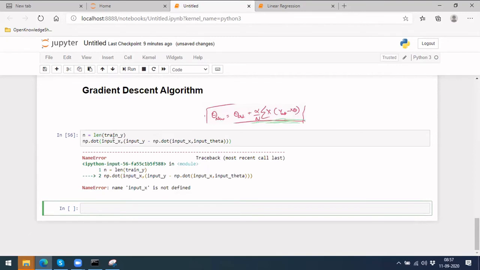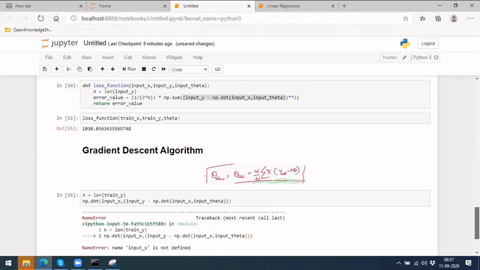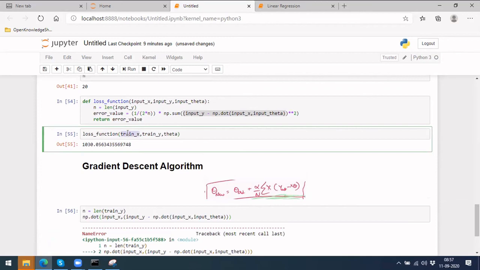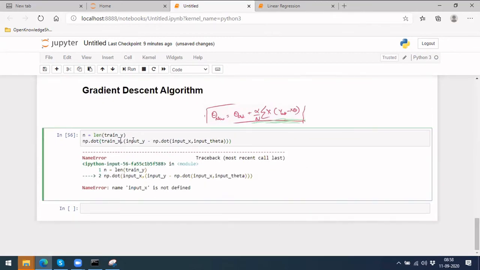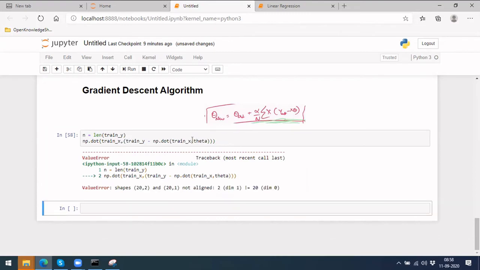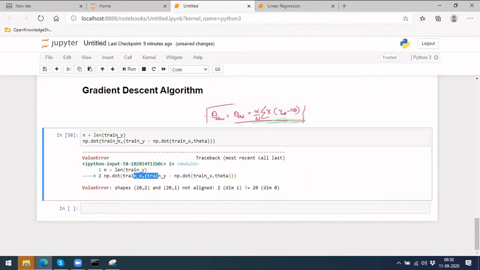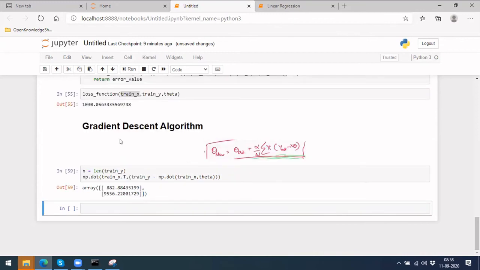Input x. We are having train x outside, so input x is inside the function. So let's go here, do it first. Train x, input x again here. So this will be y. Okay, let's run it. So theta as well, it is actual theta. Okay, so the next step is we got an issue at this level. It is not in train x, we have to do a transpose of it, and for it we have to add because we got a dimension issue there.